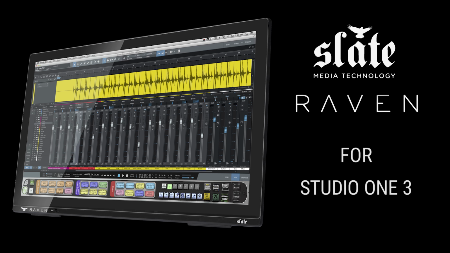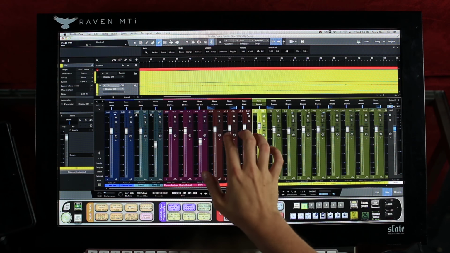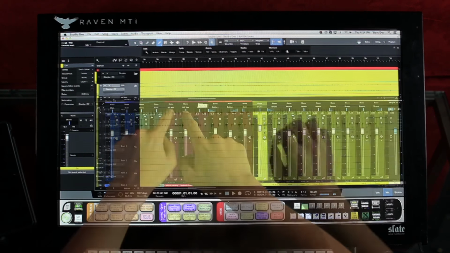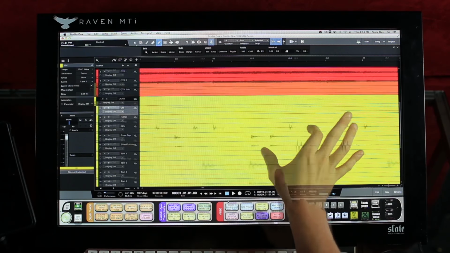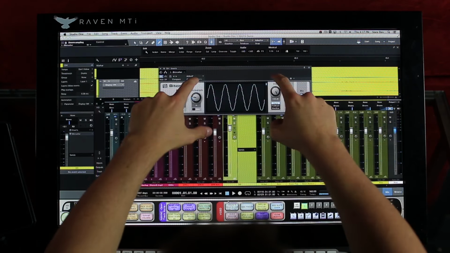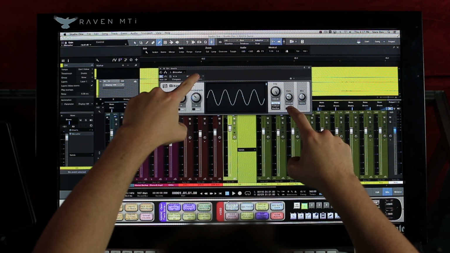Studio One 3 has been the first DAW to natively introduce multi-touch support designed to be used with the Raven consoles. If you're a Raven user, you'll have access to multi-touch faders and resizable mixer heights, multi-touch panning, vertical and horizontal pinch to zoom on waveforms, gesture scroll navigation on the edit and mix windows, and even multi-touch Studio One plugin control. For more information on Studio One 3, visit